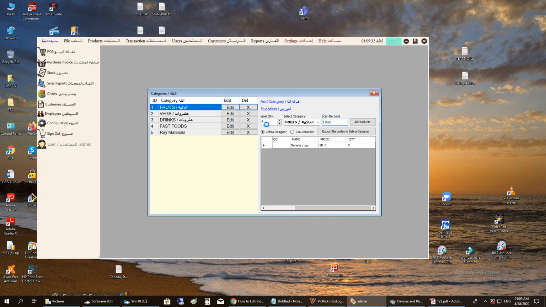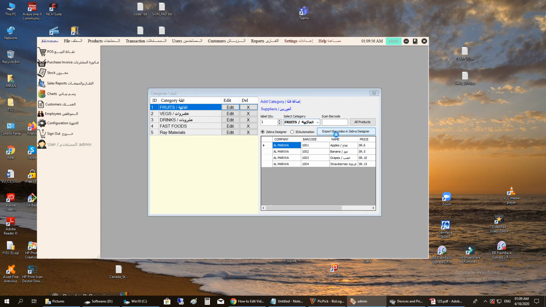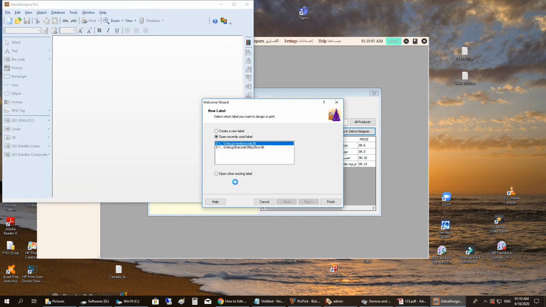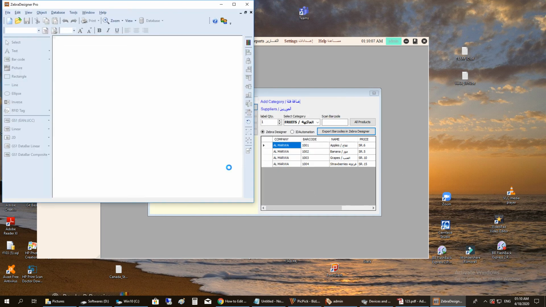By default, I am interested in printing all the barcodes under the category of fruits. As you can see, it is Zebra Designer integrated, and ID Automation, which is a third party application, is integrated with this application. By clicking this button, it will export the file to Zebra Designer. As you can see, Zebra Designer is open. I just have to click this button, and this is done